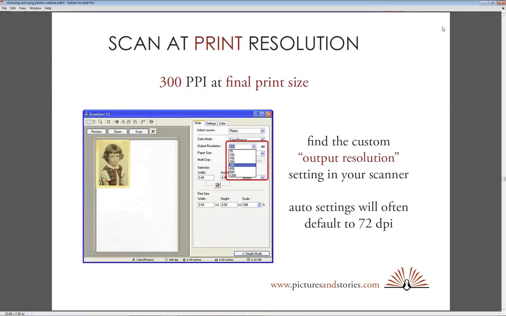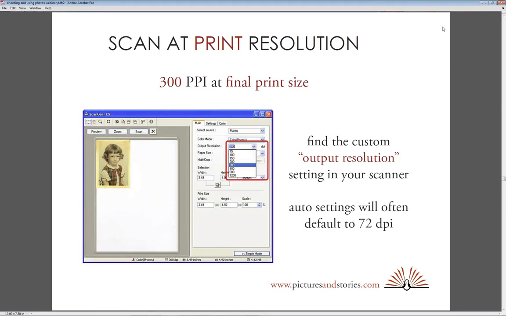Sometimes this is tricky. This is probably one of the most heartbreaking problems that we have when people come to us with their photos all scanned and they're ready to have us lay out their book. And they say, okay, we scanned everything, and they had just used the automatic setting, the easy scan or whatever on their scanner, which oftentimes defaults to 72 pixels per inch, which is, as we said, screen resolution. And so they end up with all of these photos that are too small to really get a good quality